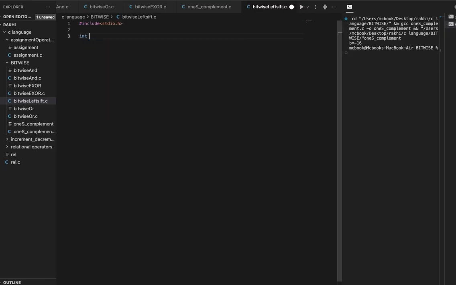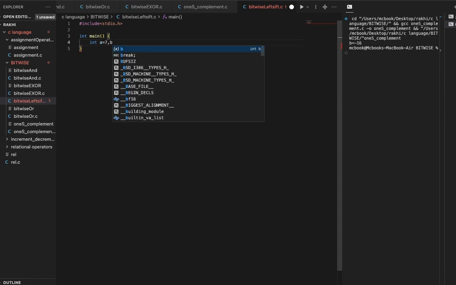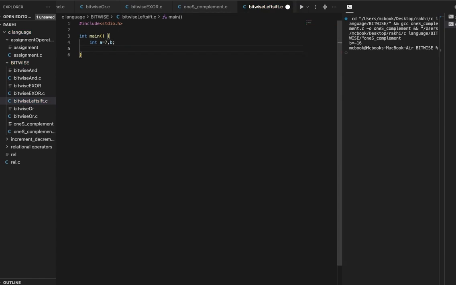We just add a library to our function and initialize values, and write the operation like that, and at the last we always add a semicolon.